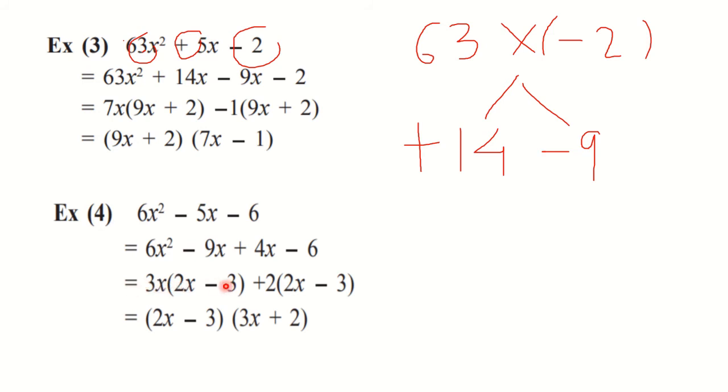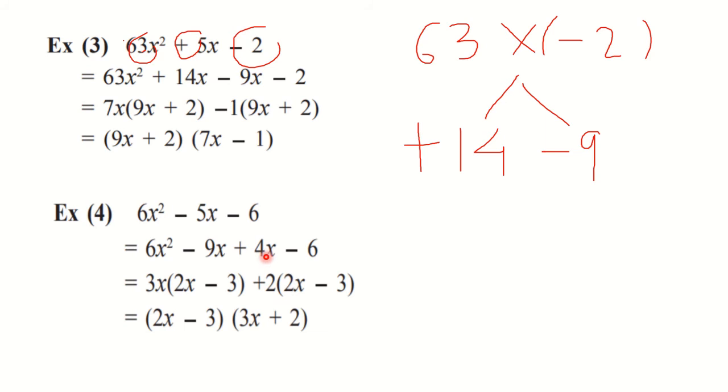So here we have taken out common. Now observe here. 4 and 6, you know that they come in the table of 2. So here you can take 2 common. In the previous examples we saw that nothing was common, so we took 1 as common. But here we can see 2 is common. So 2 is taken out common.